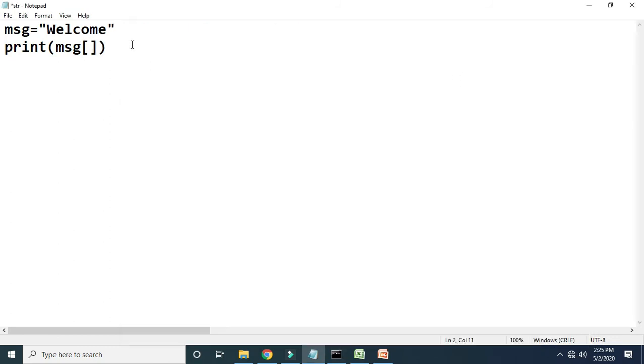Again, see, we can pass a negative index as well for the slicing function. Okay, now for better understanding of negative indexing, I have just reduced the string here. So currently in the message variable I have just stored welcome. Now I just want to tell you how to use negative indexing. So here if I write like this, -4 up to colon, suppose -1.